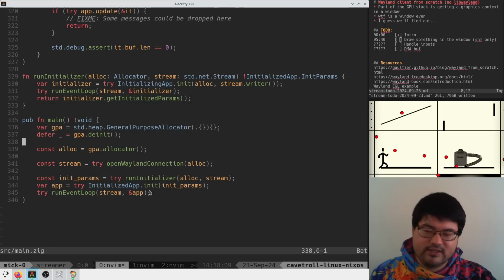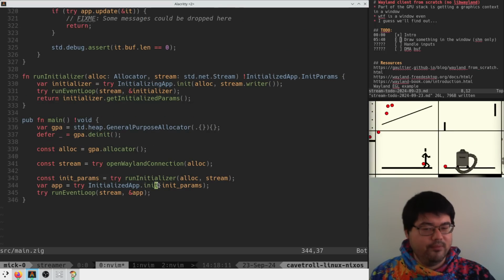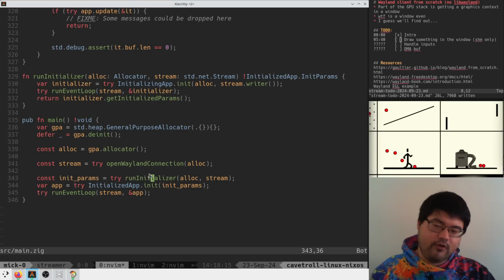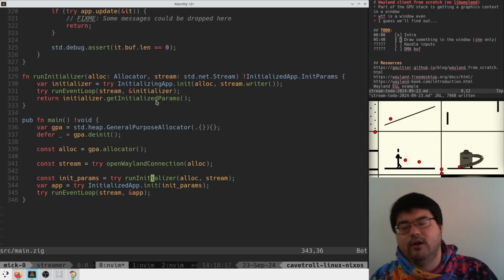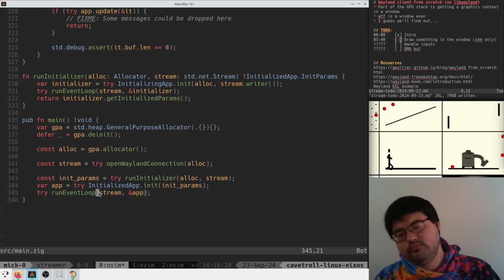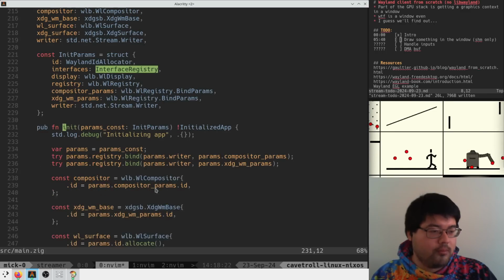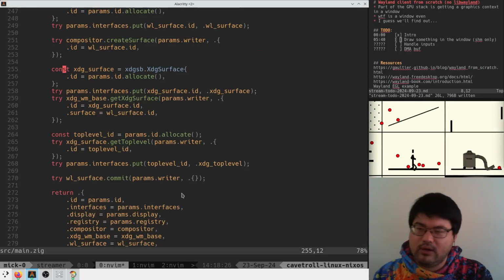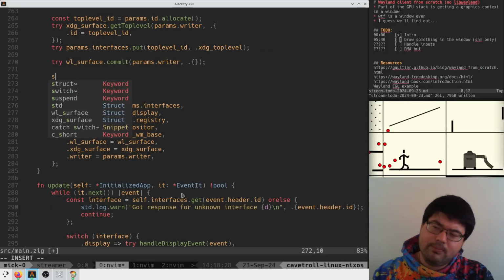So we have an initializing state where we're trying to extract the interfaces that we care about from the Wayland server. And then we have the normal running state. So I think in the initializer is probably where we want to create this thing. We probably want to have like,